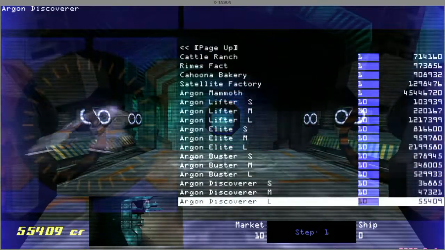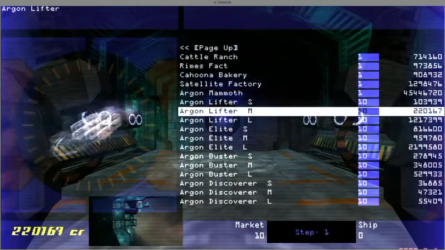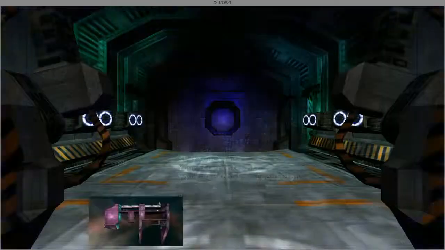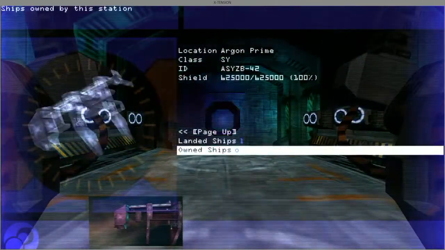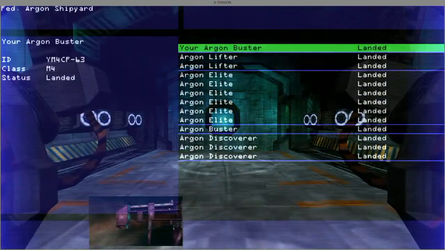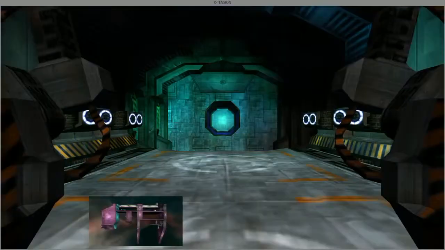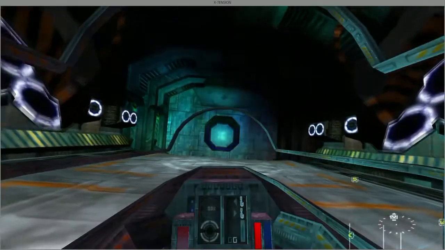Actually, can we afford one of these? Insufficient. No, we don't. Insufficient credits. And to switch ships, you can either go to, I don't have any ships in this. But where is it? Station info, I guess? Page down. There's more information. Here you go. Landed ships. You can see what ships you have docked, highlighted green. And to switch it, you just select the ship. And there'd be an option here saying switch ship. Or, if you went into space,